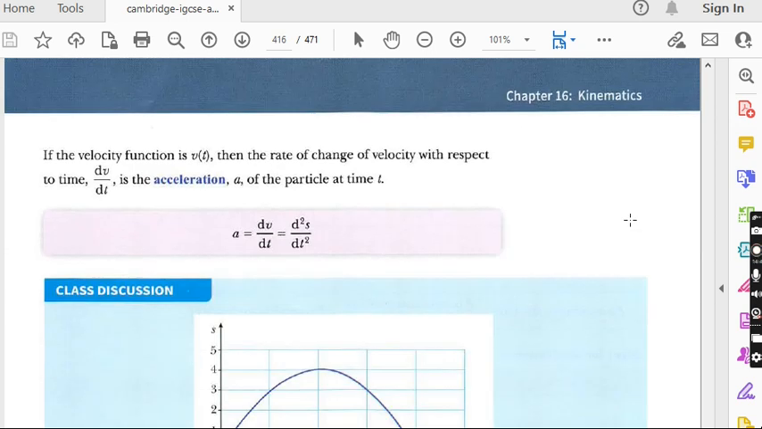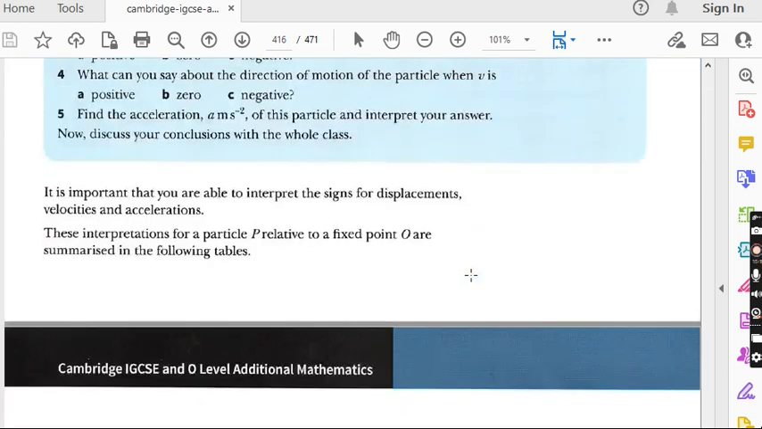And you know what is acceleration? Acceleration is defined as the rate of change of velocity. So if we differentiate velocity with respect to time, or if we take the double derivative of displacement, we will get acceleration. So in the light of this concept